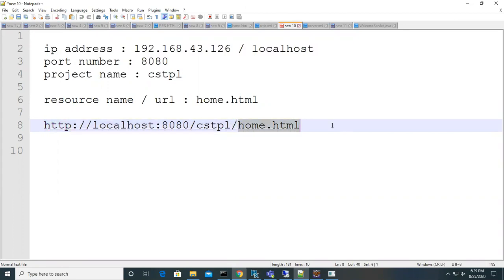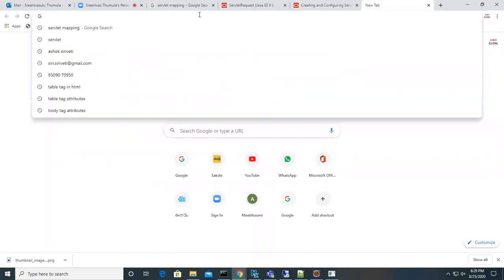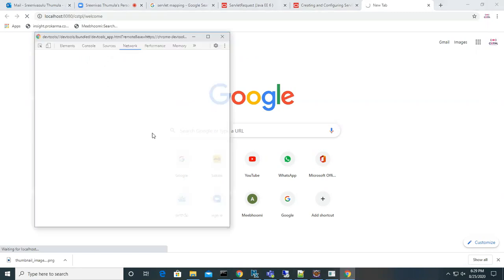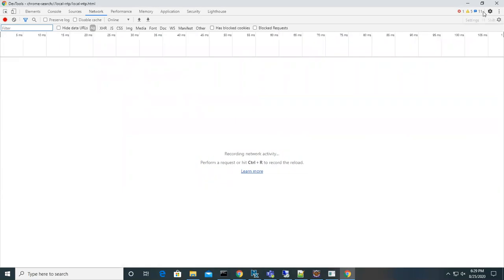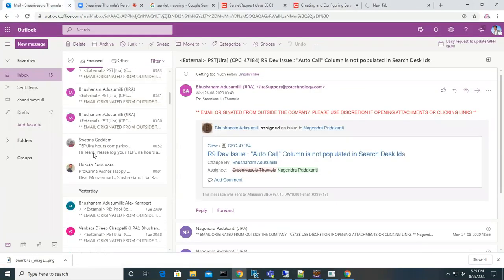Only the URL will change. If you want to access that servlet, just add /welcome. That's it. Now try to access it, guys. It is already deployed, and I'm trying to access it.